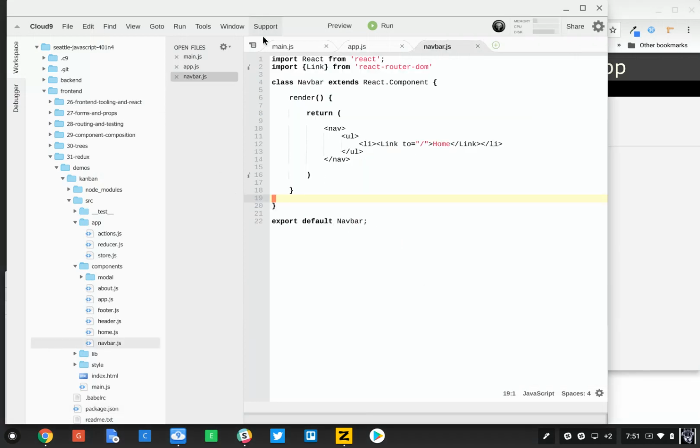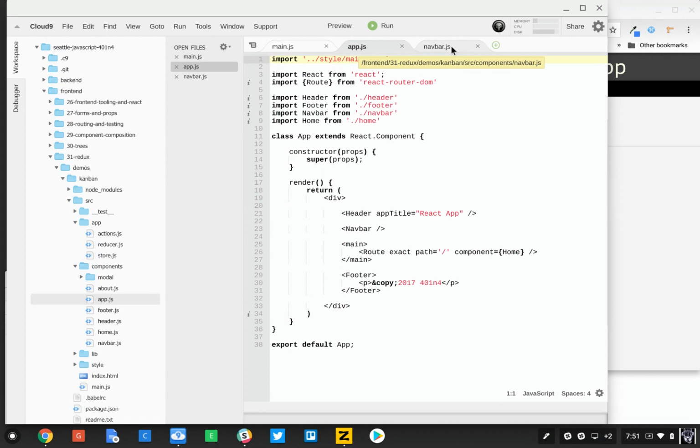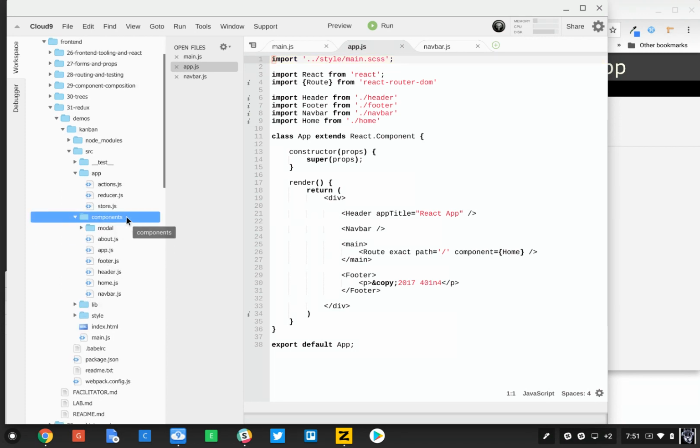close the package up. We don't need that. And I've got the three core files open here: main, app, and navbar. I'm just going to change app and navbar first, just to get them rolling. What we're going to do actually before that is go into the components folder, and I'm going to make a new folder in here